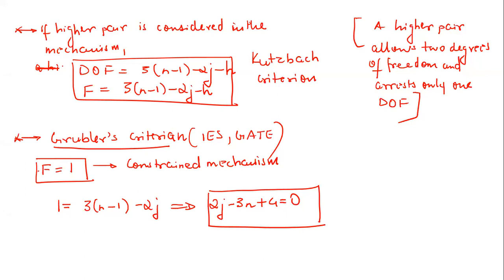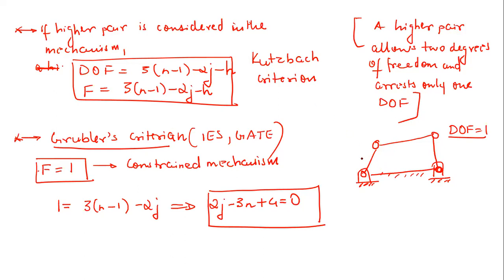It can move in one coordinate. Right, so that means only one coordinate is sufficient to describe the motion of links in the entire mechanism. So what does it mean? Let's say you have a 4-bar mechanism. A 4-bar mechanism consists of 4 links connected by kinematic pairs. Let us take an example. Let's say the degree of freedom of this mechanism is 1. This indicates that only one coordinate is sufficient to describe the motion of links in this entire mechanism.